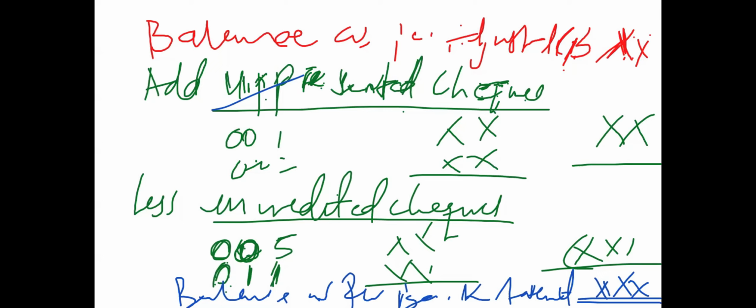So once you add it up, you can also take the figure on this side, and it will be this figure that we shall less off from the unpresented checks, the uncredited checks. And after adjusting for this, after adjusting for unpresented checks and the balance as per adjusted cash book, then we can take out these uncredited checks,